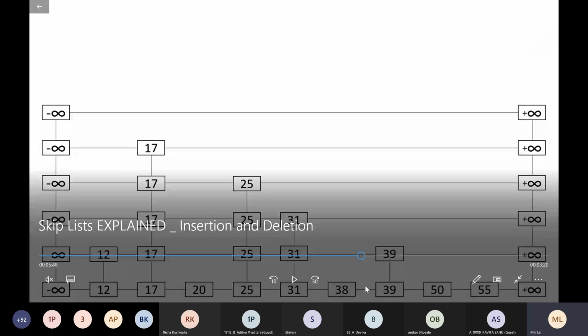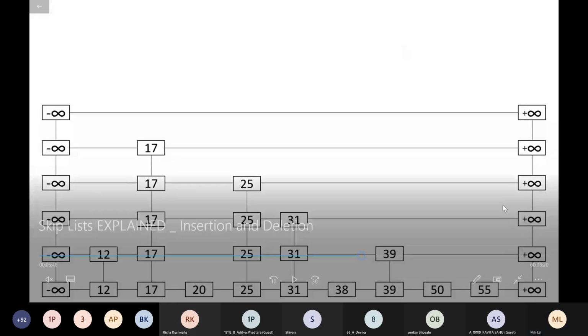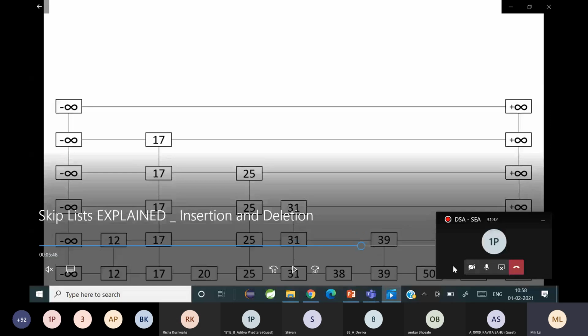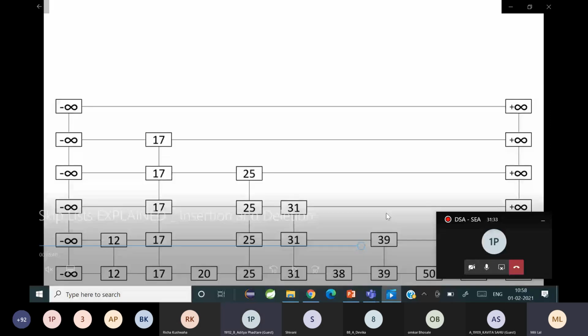Any doubts so far? Do you have any doubts to ask? Anybody? Have you all understood? Can you all hear me? Okay, so I hope you have understood the insertion part.